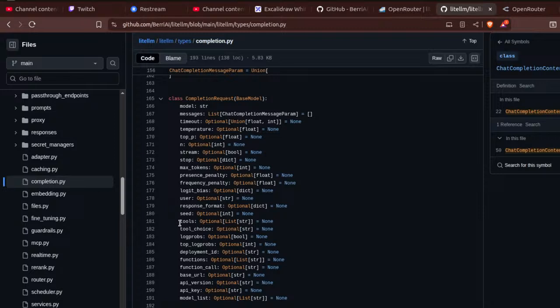Tools, yeah, so tools we'll ignore for now. Tool choice, logprobs, logit probabilities, I'm not sure. Top logprobs, deployment ID, functions. Okay, functions and tools, are these separate? Base URL and API version. Okay, model config. Okay, so